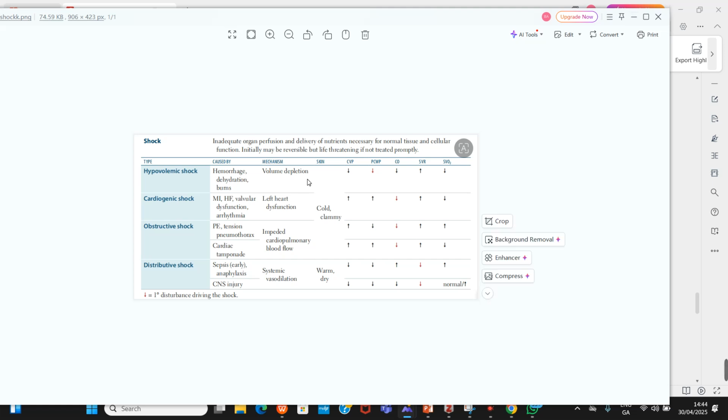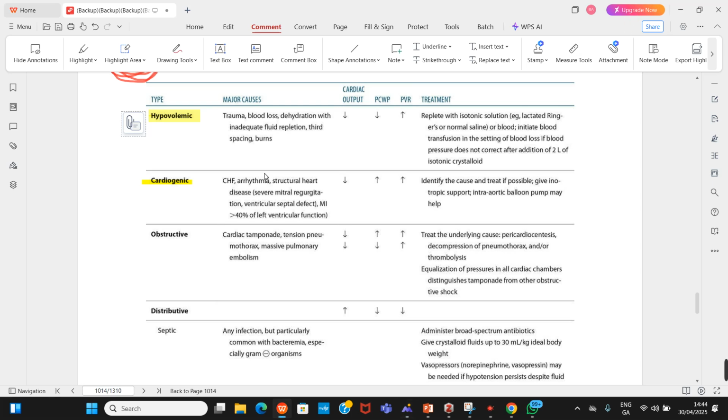So if you are starting with sepsis and anaphylaxis, because there is vasodilation, there's going to be an increase in the cardiac output. But the pressure is going to drop because the blood is going to be moving slowly because there's vasodilation everywhere. So even the venous return to the heart is going to reduce. So let me explain something quickly. So if we have